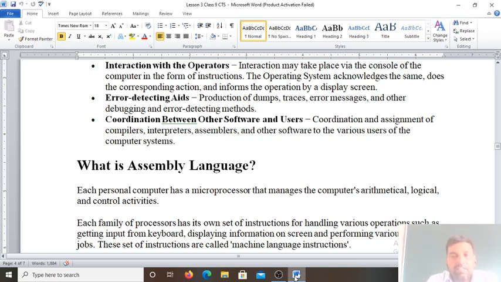What are the language processors? Language processors are the software. It is the translator software which translates the high level language into the machine language. So the programmer uses the high level language, meaning English language, for writing the program, but the computer does not understand this high level language. And this high level language, this source code, needs to be translated into the binary code which the computer understands. The computer understands only the binary code, that is the zeros and ones.